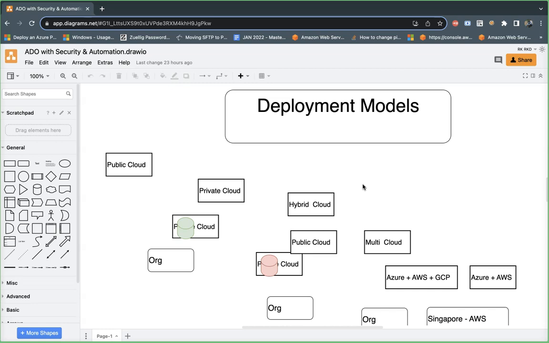What exactly does the public cloud mean? There are a few vendors which can offer you the public cloud. We call them cloud vendors, team. In the terminology, cloud vendors. Azure, AWS, and GCP are the common ones that people use.